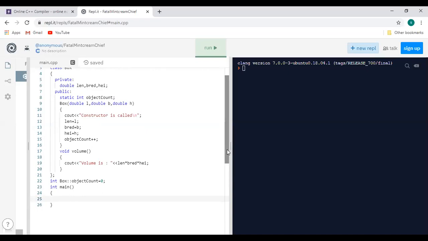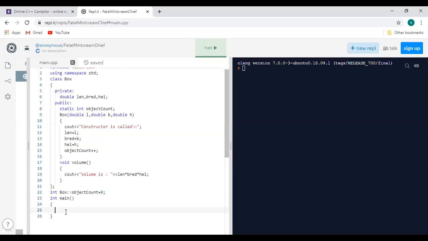We have to call that particular constructor. We will create the first object Box B1, and directly pass three different values 1, 2, 3 as parameters. Second one, again we will create another object, next one 4, 5, and 6, and semicolon.